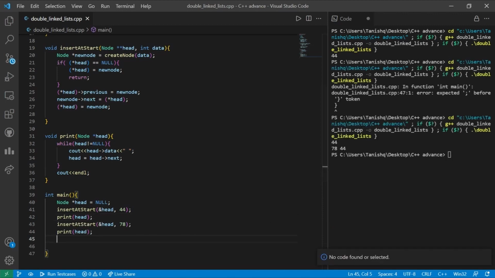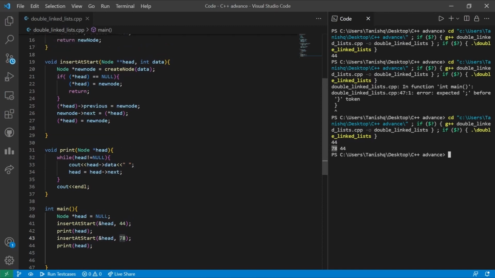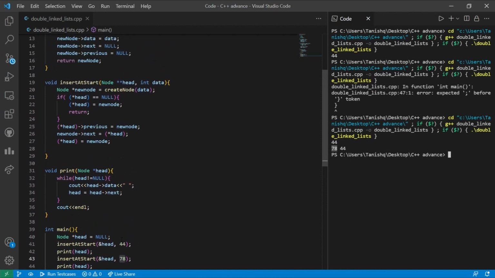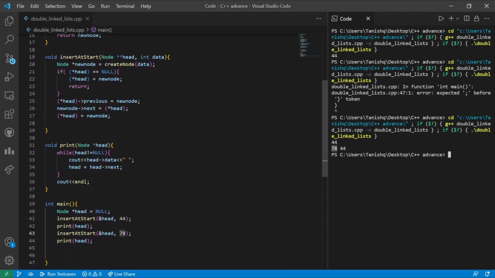Over here we can see, as there are two print statements, the linked list is printed twice, but the updated linked list is printed the second time. As we are inserting the node at the head, the new head becomes 78. So the function that we have made is properly functioning, and we have been able to successfully insert a node at the start of a particular linked list.